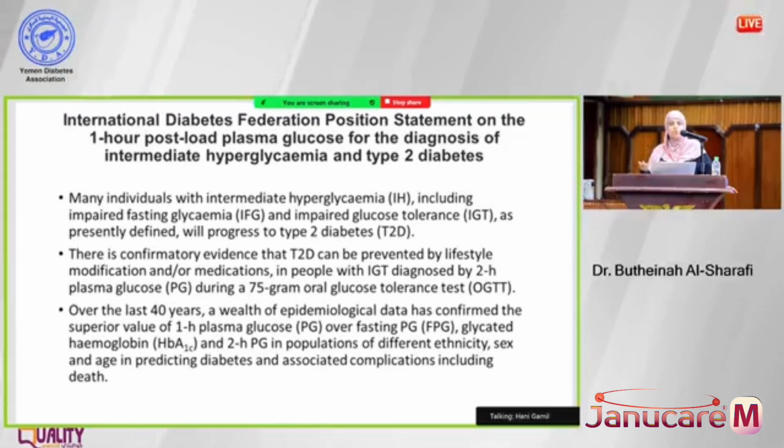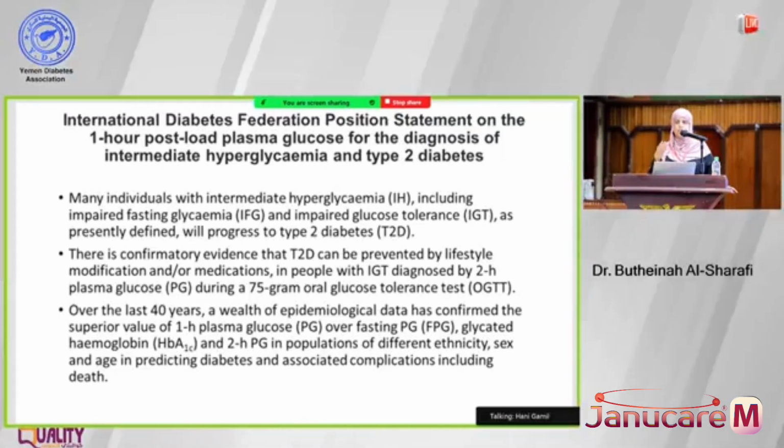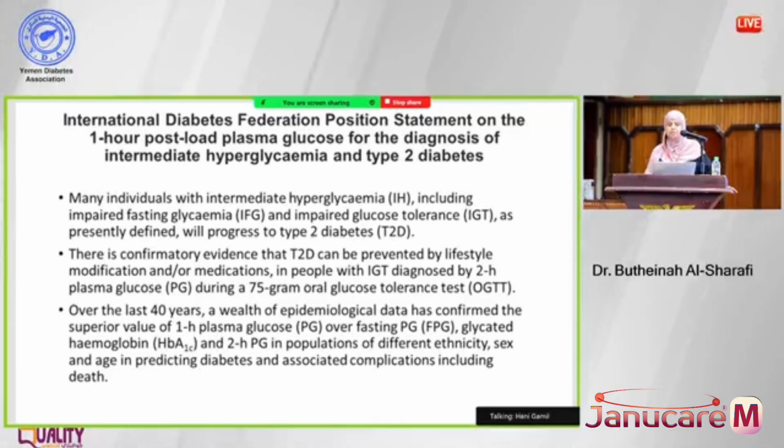And for those of you that order glucose tolerance tests, we always used to look at the 2-hour. But if you looked at the 1 hour, it would jump up and then go down. So if you use the 1-hour test, you're going to diagnose many more patients with diabetes earlier, and you're going to diagnose many more patients with pre-diabetes. Okay, so they say you can prevent the complications of diabetes, you can prevent diabetes if you use the 1-hour test. It's more effective than the 2-hour test, and you'll diagnose patients earlier.